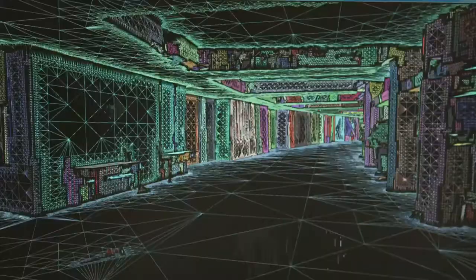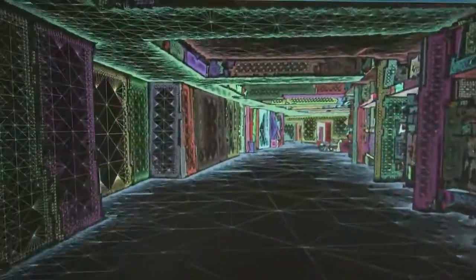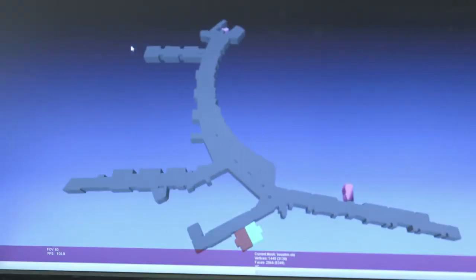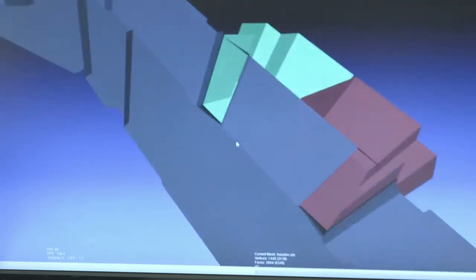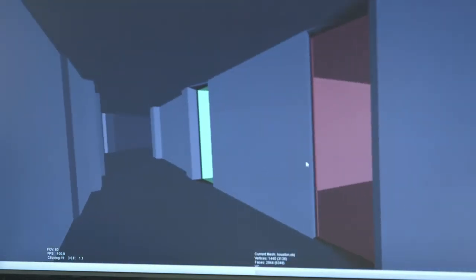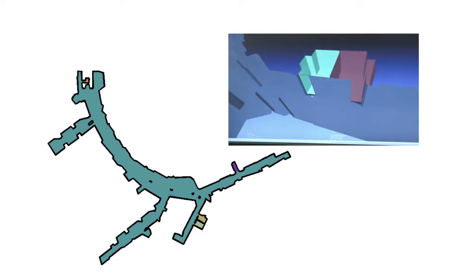The point clouds you saw have hundreds of millions of points and are visually appealing but hard to work with. The models that I generate here are very compact but still represent the same geometry. This model shows the same environment as we saw before, but is only modeled with a few hundred triangles. It also represents separate rooms in the environment and can be used for energy simulation, thermal modeling, or architectural design. This model is generated very quickly, in a matter of seconds, and is generated from a floor plan that we